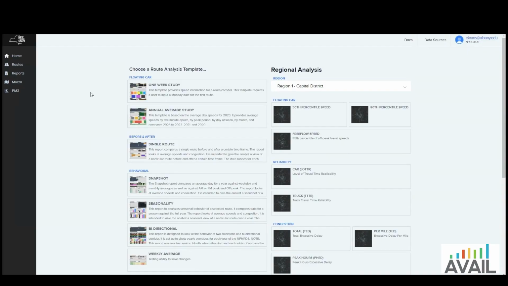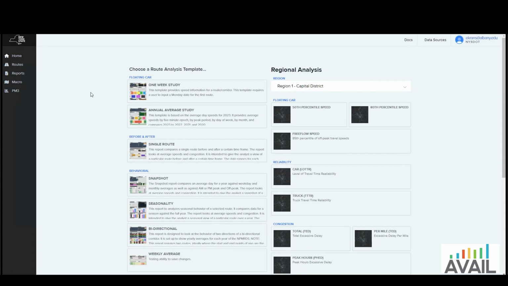This is an introduction to the NPMRDS traffic data analysis tools. And I want to give you a general idea of what the different tools are here. But I first and foremost want to say that the landing page is an opportunity to just jump in and get started very quickly. What we have here are basically the two types of analyses that you can do with